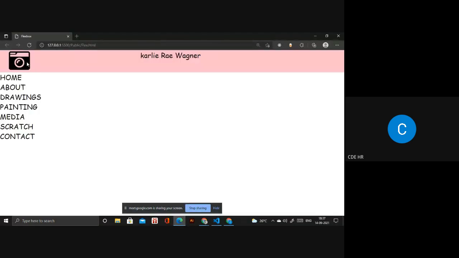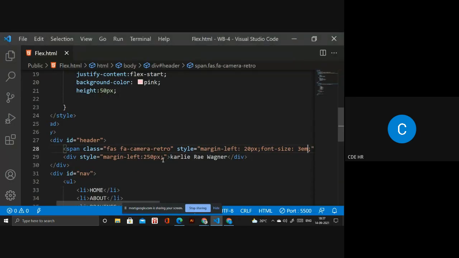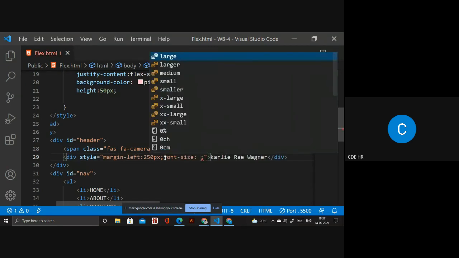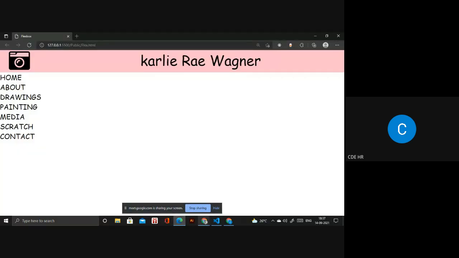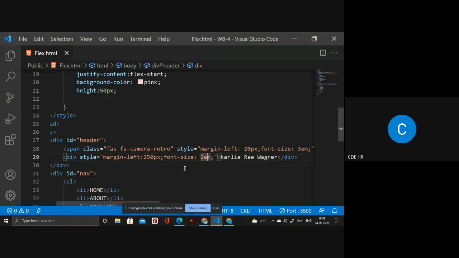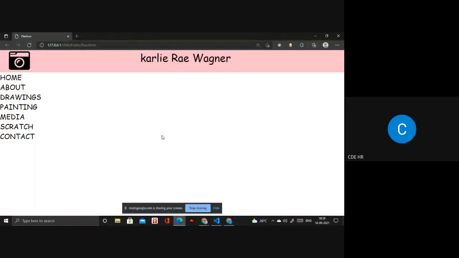Okay, so if you require the content to be in the middle, or you want to change something like the height as well, you can. You have to write the font size, like 2em. You have to write margin top, margin bottom, whatever you require. But I need 1.5, since it's larger. So let's see. Now, great. Okay, so we have done the first thing: designing a particular header part as well.